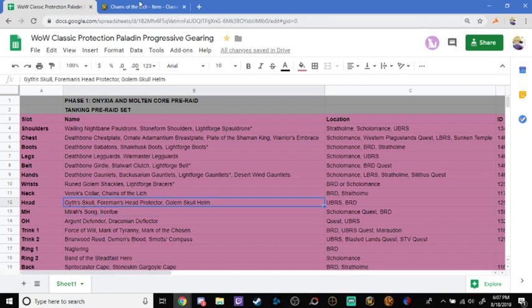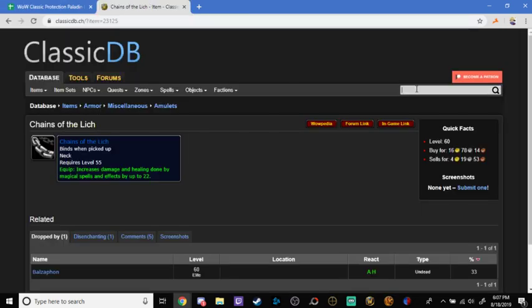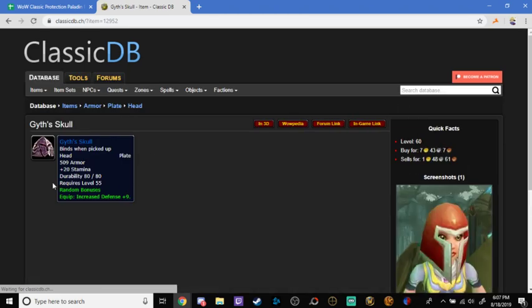We've got Gift Skull. This drops off of the Dragon Gith in UBRS. It's pretty good because what's really nice about this item, outside of it having really good stats, is it comes with random bonuses, so you can get fire resist, which is really nice. If you get the fire resist version of this, it is an insanely good helmet